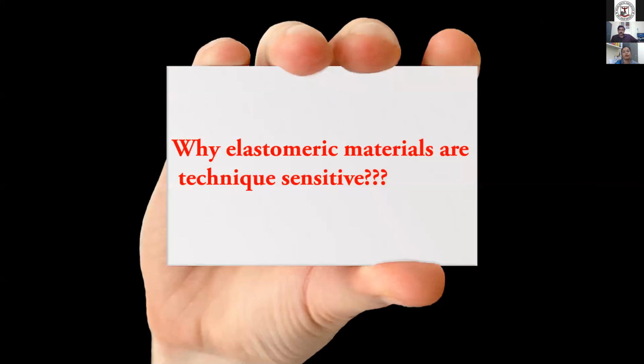Now, why are elastomeric materials technique sensitive? That is mainly because of two factors. One, they are polymers, and you know that all polymerization reactions result in a loss of volume and shrinkage. And the techniques were developed to compensate for the shrinkage of these materials. Shrinkage can be minimized by reducing the thickness of the material, but too much reduction will result in a stiff impression material, and it will be difficult to remove the impression from the mouth as well as from the cast.